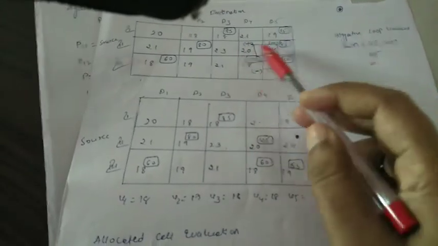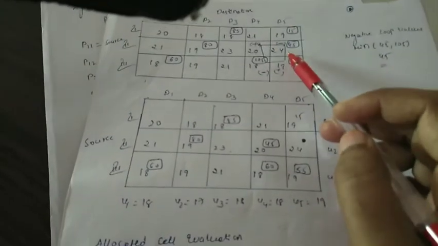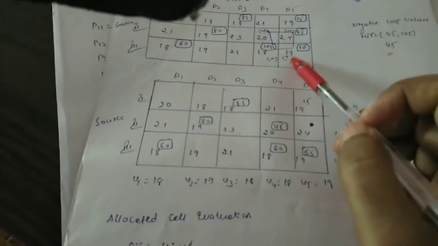So what are the signs we indicated here? By using those signs, if it is plus, we add, and if it is minus, we subtract from the given allocated value. Here our allocated value is 10, and our indicated sign is plus. So 45 plus 10 is 55. So just change the values of the loop only, and the remaining we can copy as it is from above.